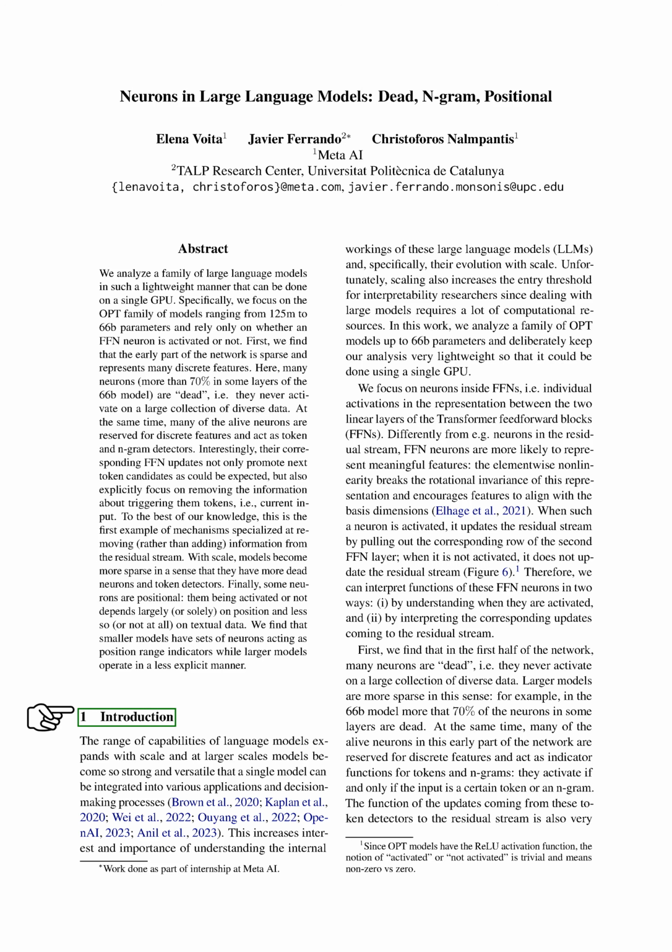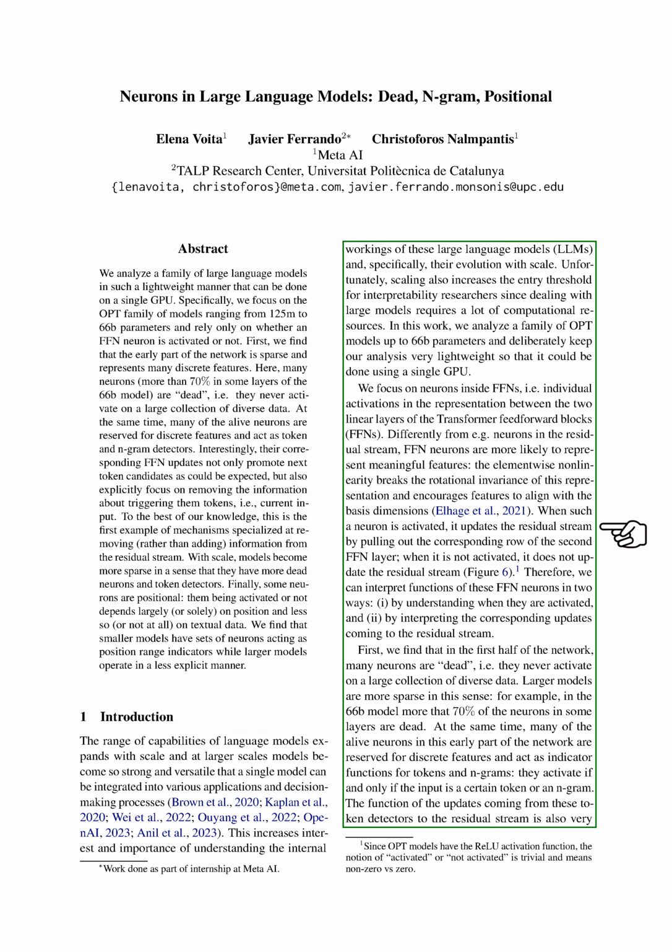Section 1 Introduction. In this study, we delve into the inner workings of large language models, LLMs, specifically focusing on how they evolve as they scale up. As these models become more powerful and versatile, they can be integrated into a variety of applications and decision-making processes. However, this scaling up also makes it more challenging for researchers to interpret these models, as they require significant computational resources. We've analyzed a group of OPT models with up to 66 billion parameters, keeping our analysis lightweight enough to